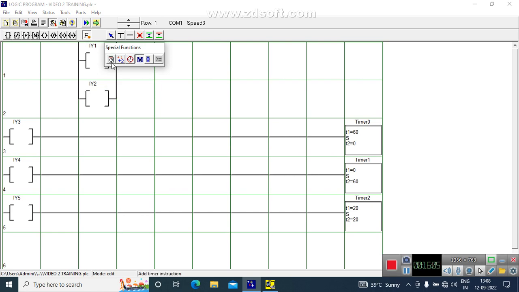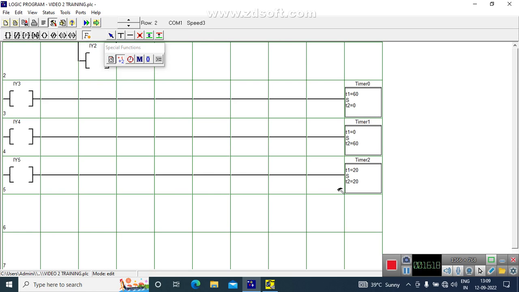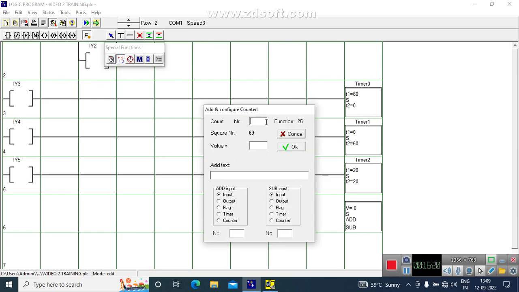Okay, and I can show one counter example, and the details will go in the next video. Let me show you one counter here. That's also okay. Now here the declaration is counter number 0. So I want to count, say, this timer pulse number 2, because this is going to be pulsed,